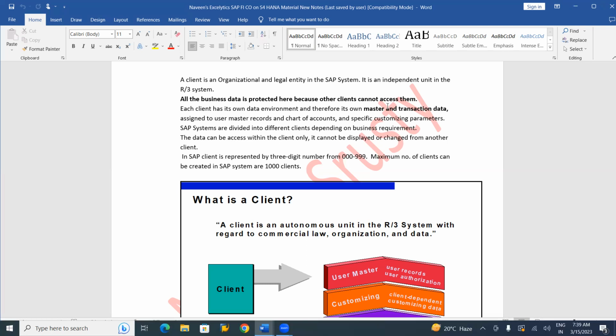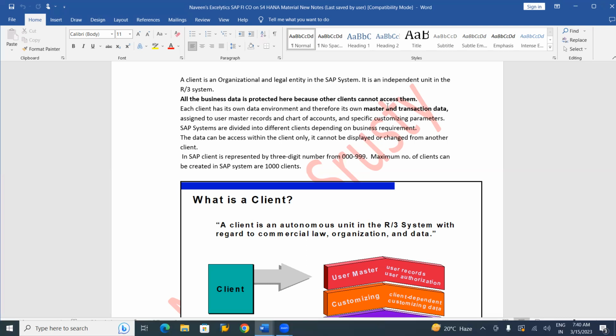As a user, I have access to only client 100 and I don't have access to client 200. So whatever data client 100 has, only that data I can view because I have access to it.